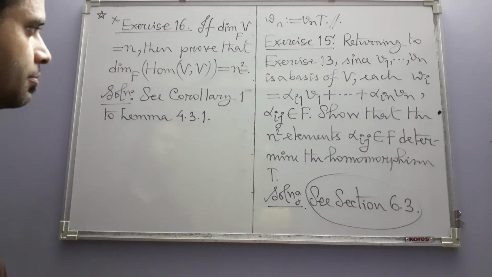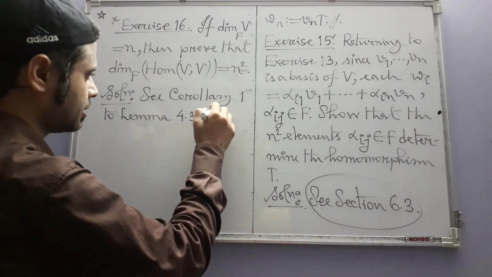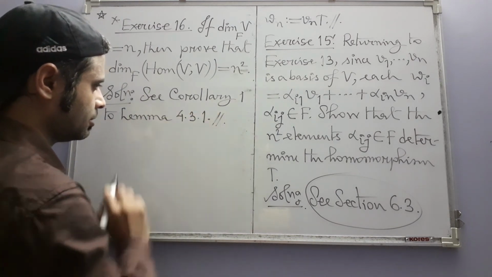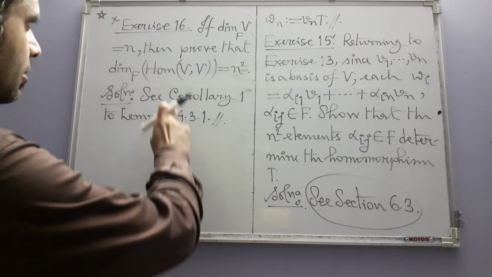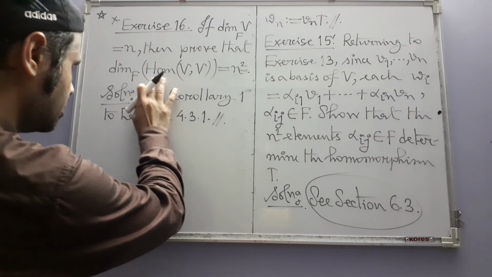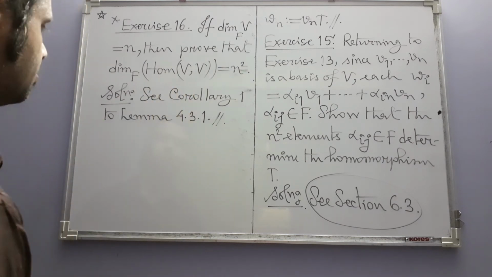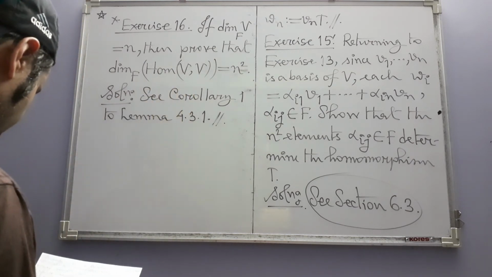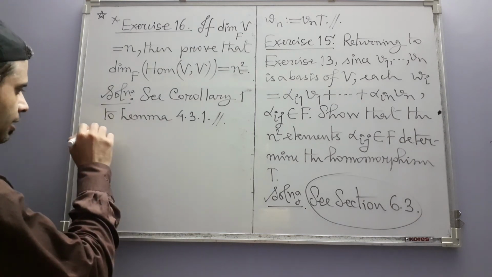Okay, anyway, I leave this entirely. I am not even going to say how one gets n square elements here which form a basis of this homomorphism space. And finally, we have